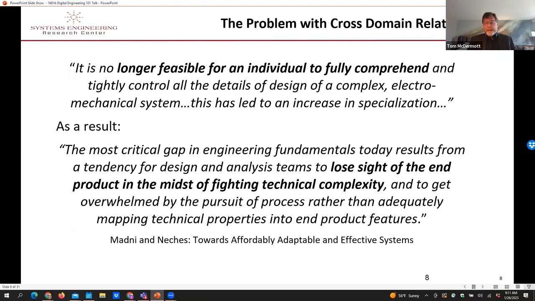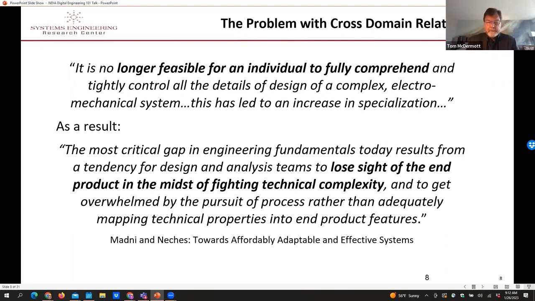But the main issue that we have is when we launch into designing these systems and we allocate the work down to those teams that are doing valves and control systems and things like that, those engineers have to take their eyes off the big picture, work on their job at hand, and they tend to lose sight of the overall system design that is the product itself. And so what happens, you end up finding errors or anomalies in these interfaces between disciplines. And so we need a better way.